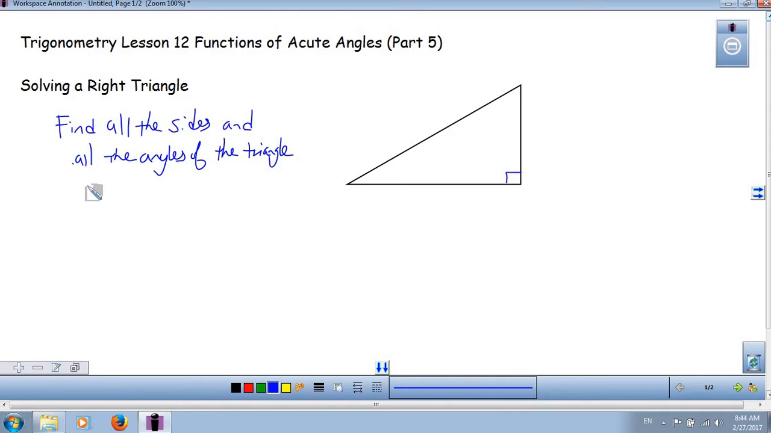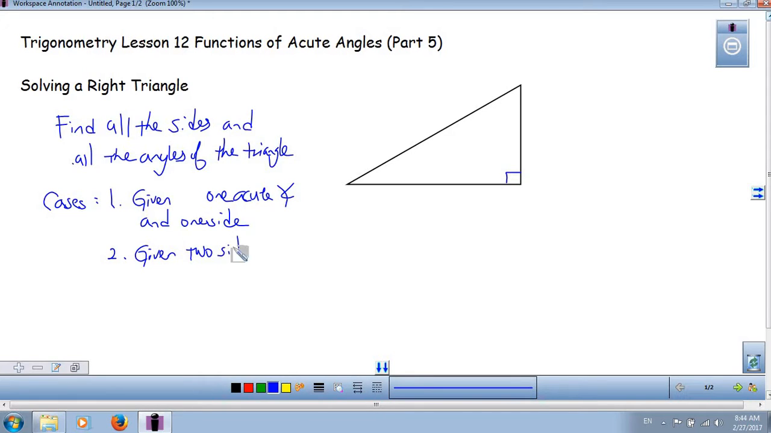And there are several cases. There are two specific cases that we're going to encounter. The first case is that they've given us one acute angle and one side. The second case is, given two sides. In both cases we assume that we know the triangle is a right triangle, and we know the